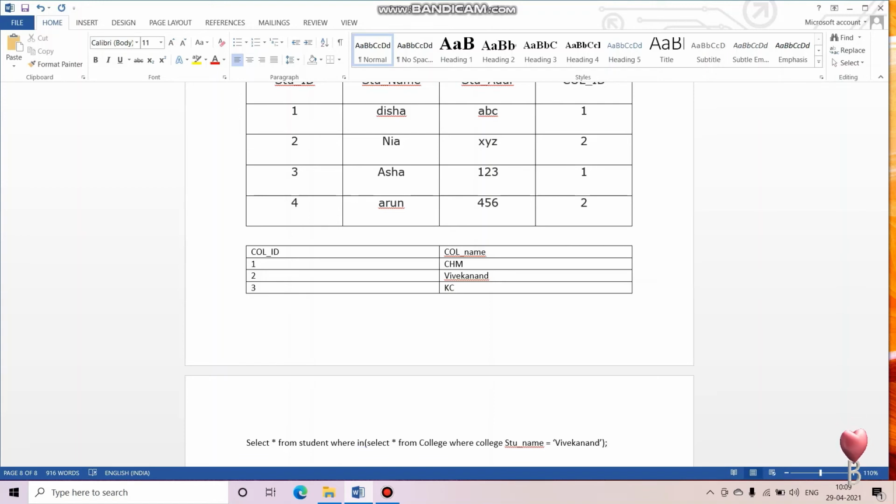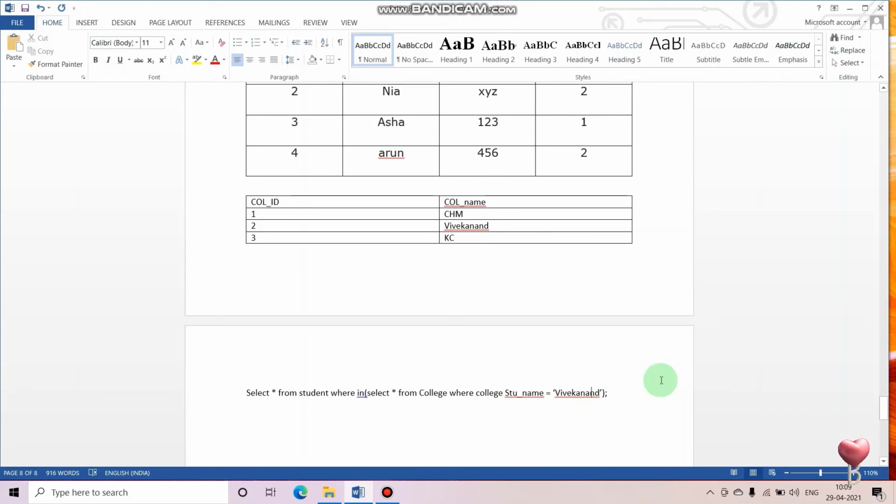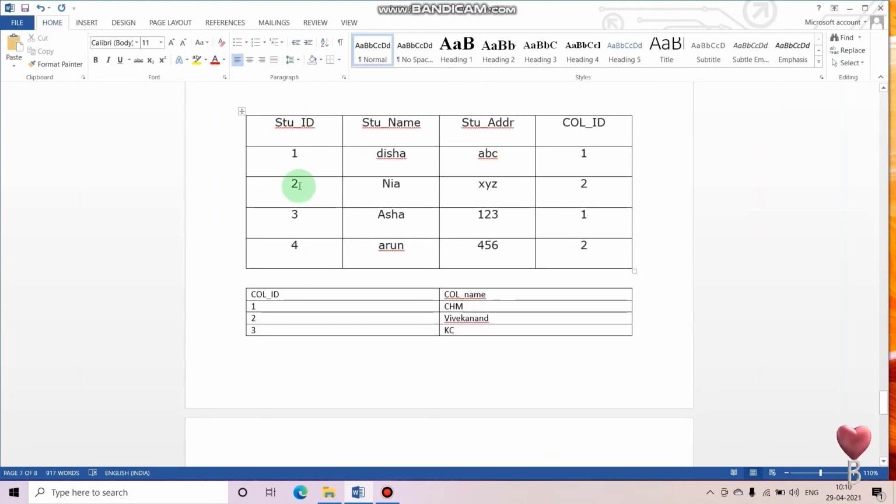So what will happen here? Hope I have not missed out anything. It will provide you the output of this and this row, of second roll number and fourth roll number student.